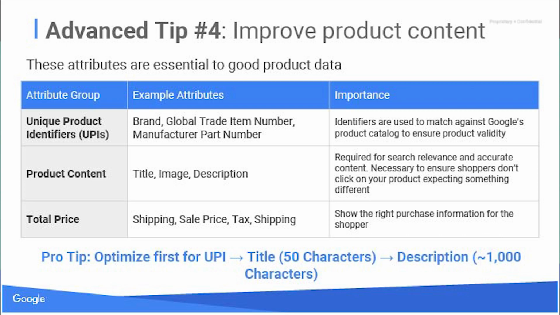If we think about which attributes are essential to good product data, I would really urge you to focus on sending us good, unique product identifiers. So again, the EAN number or UPC, brand, and manufacturer part number. These are required for certain product categories and certain products. We found that those retailers that send us GTINs have a higher 20% increase in clicks. From there, I would focus on optimizing your existing product content that are really important to the ad, so titles, images, and description. And I'll talk about this a little more in detail.